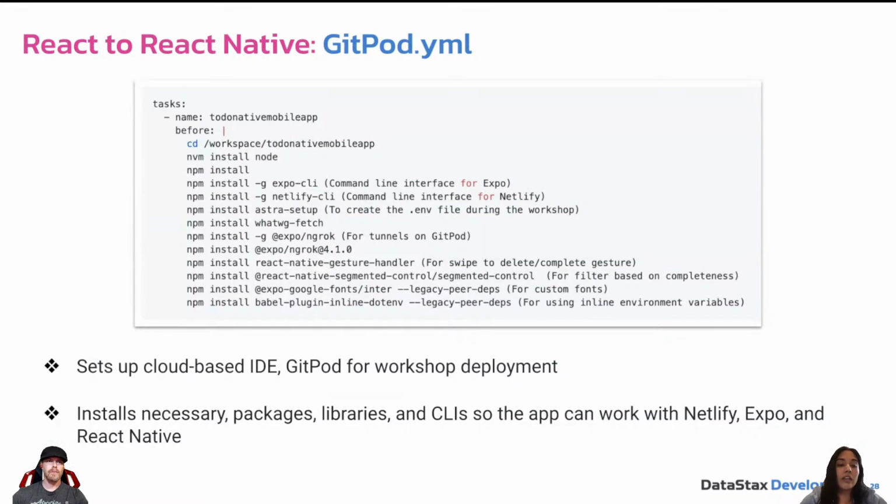So while we're all waiting for our Gitpod workspaces to get set up, it might be useful to just go through all the things that are getting installed right now. So to start off with, as you can see, we install Node, and then we install 2 command line interfaces. One for Expo and one for Netlify. We also install Astra Setup, so that allows you to create your .env file during the workshop. We also have ngrok here, and that's for using a tunnel in Gitpod